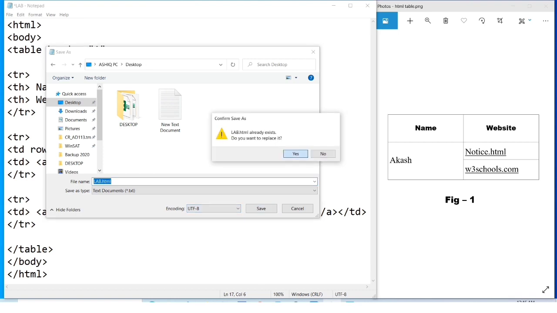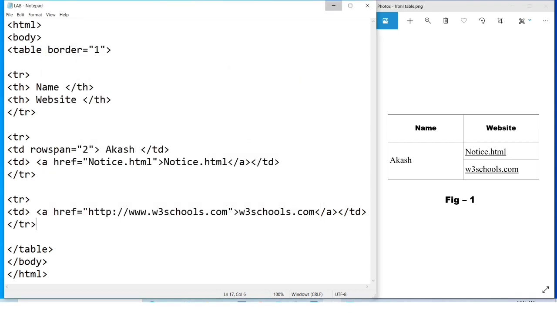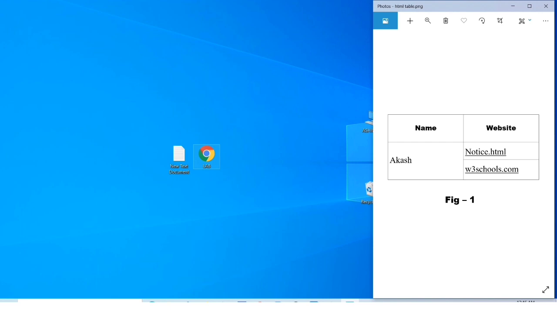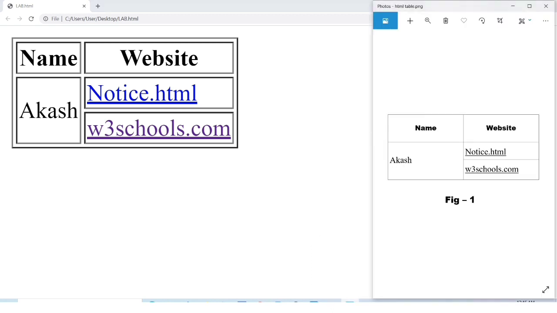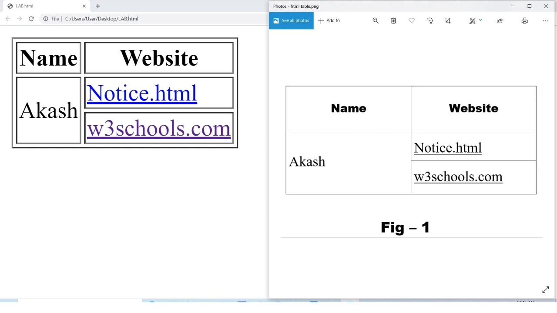Okay, so let's see in our desktop. Yeah, you're seeing this one is our browser file. My default browser is Google Chrome, that's why it looks like the Google Chrome logo. Okay, no problem, just open it. See, this one is our output. So we are done. Just see here, this one is the output, figure 1, and we already showed this figure with our HTML code. Okay, so I think this one is clear to you.